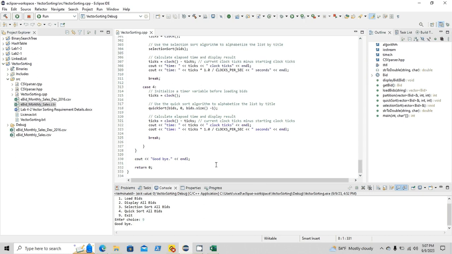Now the quick sort is a more efficient comparison-based sorting algorithm. It divides the array into two sub-arrays, low and high, based on a pivot element, and then it's going to recursively sort the subarrays, making it a divide and conquer algorithm. On average, quicksort has a time complexity of O(n log n), making it faster than selection sort for large